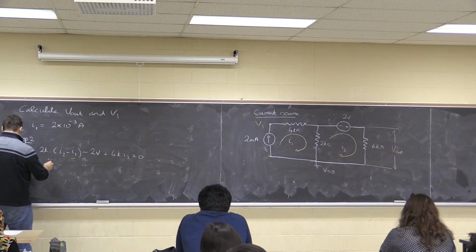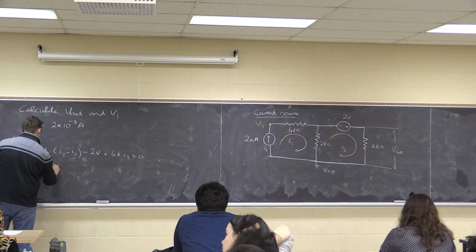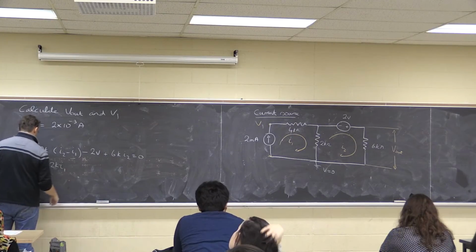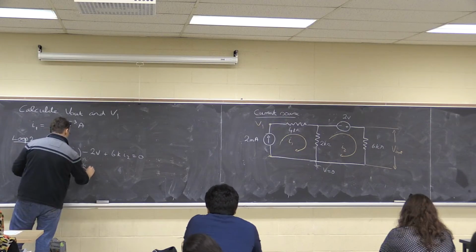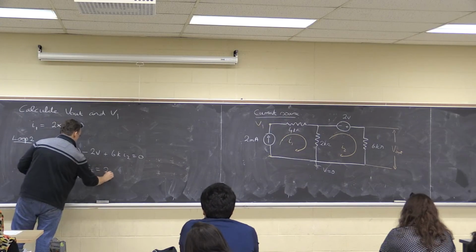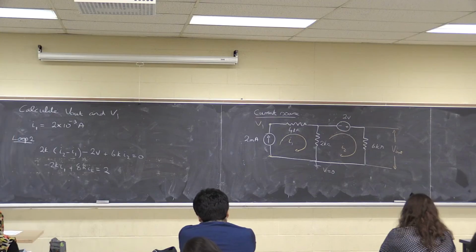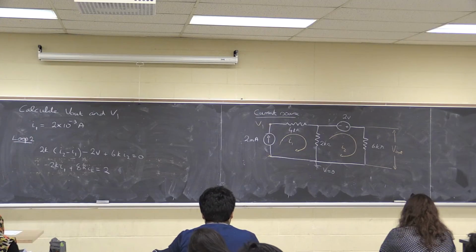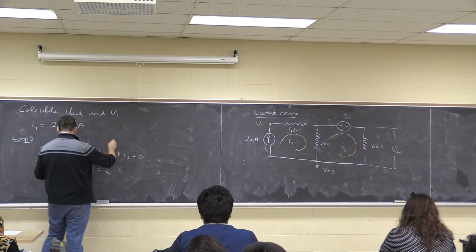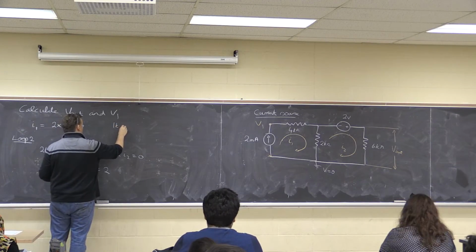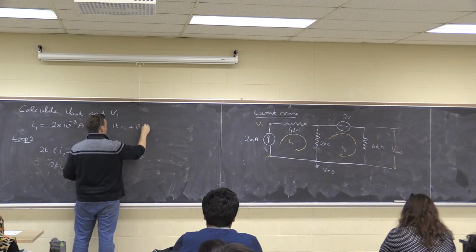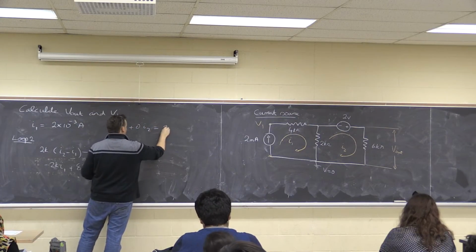So if I rearrange that, I get -2K I1 + 8K I2 = 2. So this one's easier to solve. I can plug one into the other and get a solution. Or I could also say that I've got 1K I1 + 0 I2 = 2